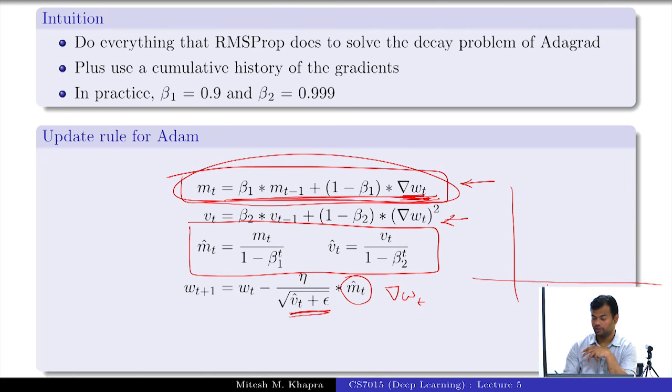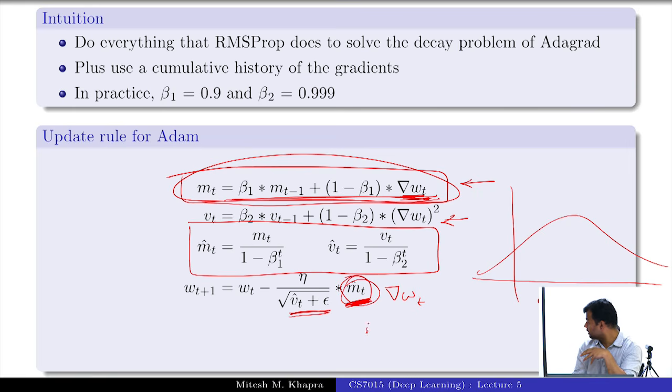That your gradients, your values of grad WT, right? And I'll just alternately use GT instead of grad WT. It just means the gradient at that point. It actually comes from some distribution. Depending on the point at which you are, the gradient would change, but it comes from a certain distribution. And now what do you actually want at any time step when you are making this update, this particular update?